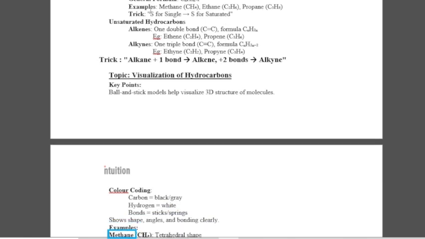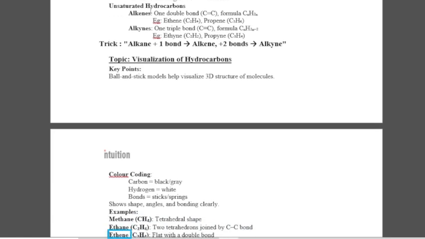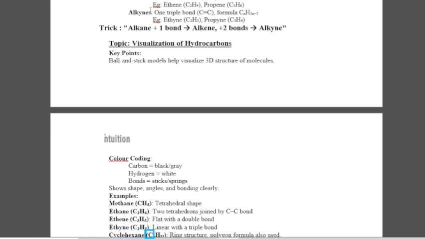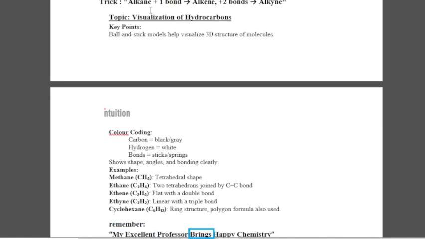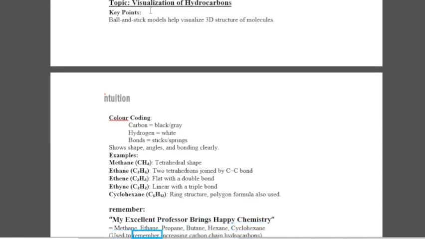Examples: methane, CH4, tetrahedral shape; ethane, C2H6, two tetrahedrons joined by a C-C bond; ethene, C2H4, flat with a double bond; ethyne, C2H2, linear with a triple bond; cyclohexane, C6H12, ring structure, where the polygon formula is also used. Remember: my excellent professor brings happy chemistry, for methane, ethane, propane, butane, hexane, cyclohexane, used to remember increasing